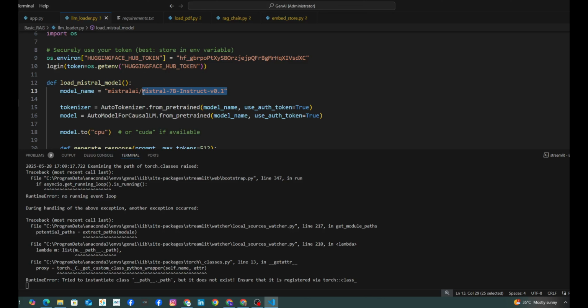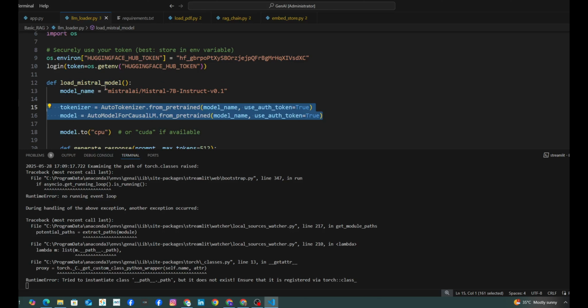Why is this model being used here? Because it is able to understand the user query and provide the response properly, right? And the tokenizer which is being used here is AutoTokenizer.from_pretrained, and we are providing our model name and authentication. Then we are using AutoModelForCausalLM, right? So these two lines are basically helping you to set up the grounds for your model. Fine. So this AutoTokenizer automatically selects the correct tokenizer for the model.